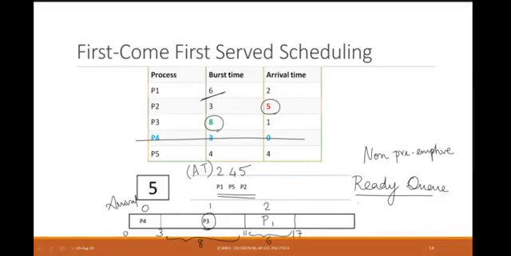And finally, after this, I have the arrival time of 4. So I will take my 4th arrival process, P5, entering into this. This will go on for a time unit of 4. So it is 21. And finally, I have my P2, which is going to have a burst of 3. So we are going to add 3 more here, which will make the last point 24.